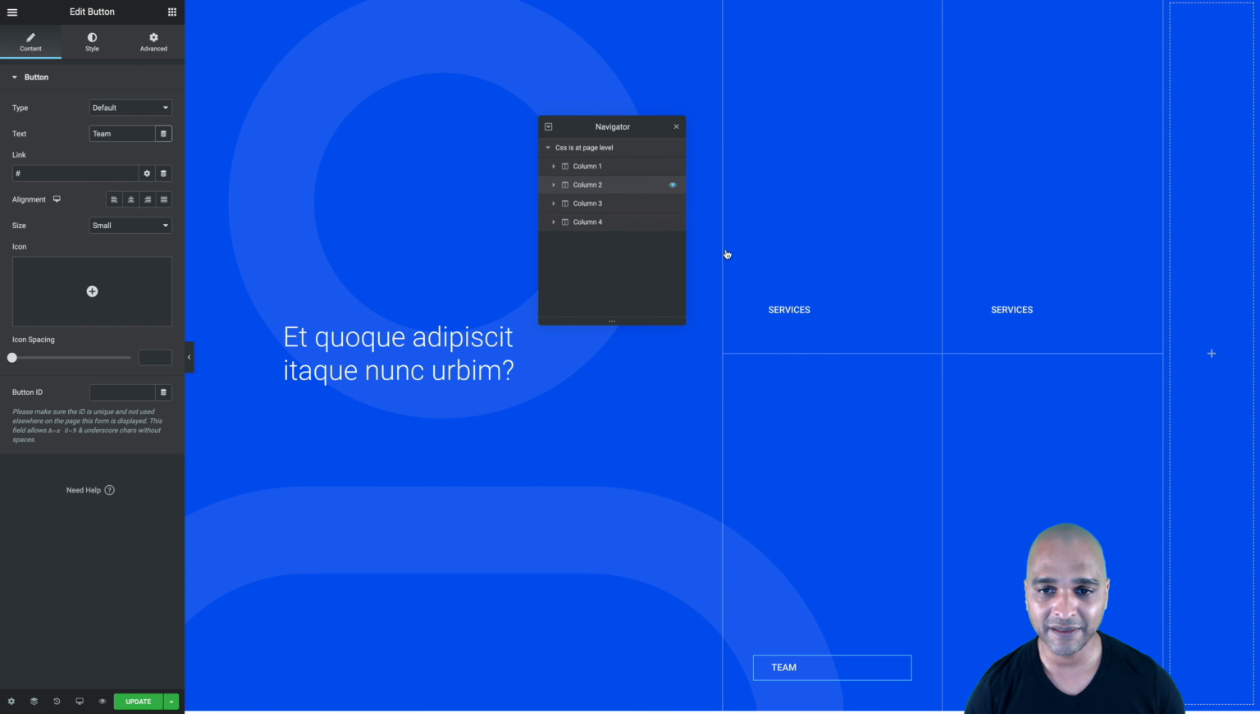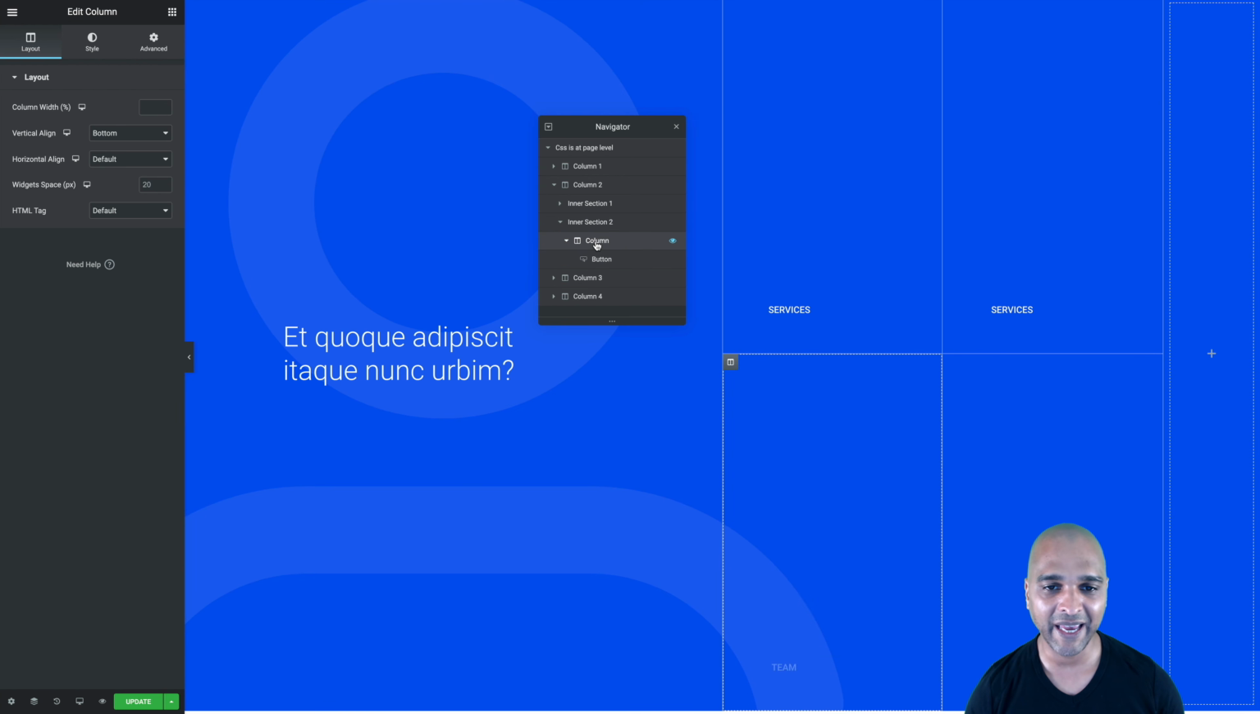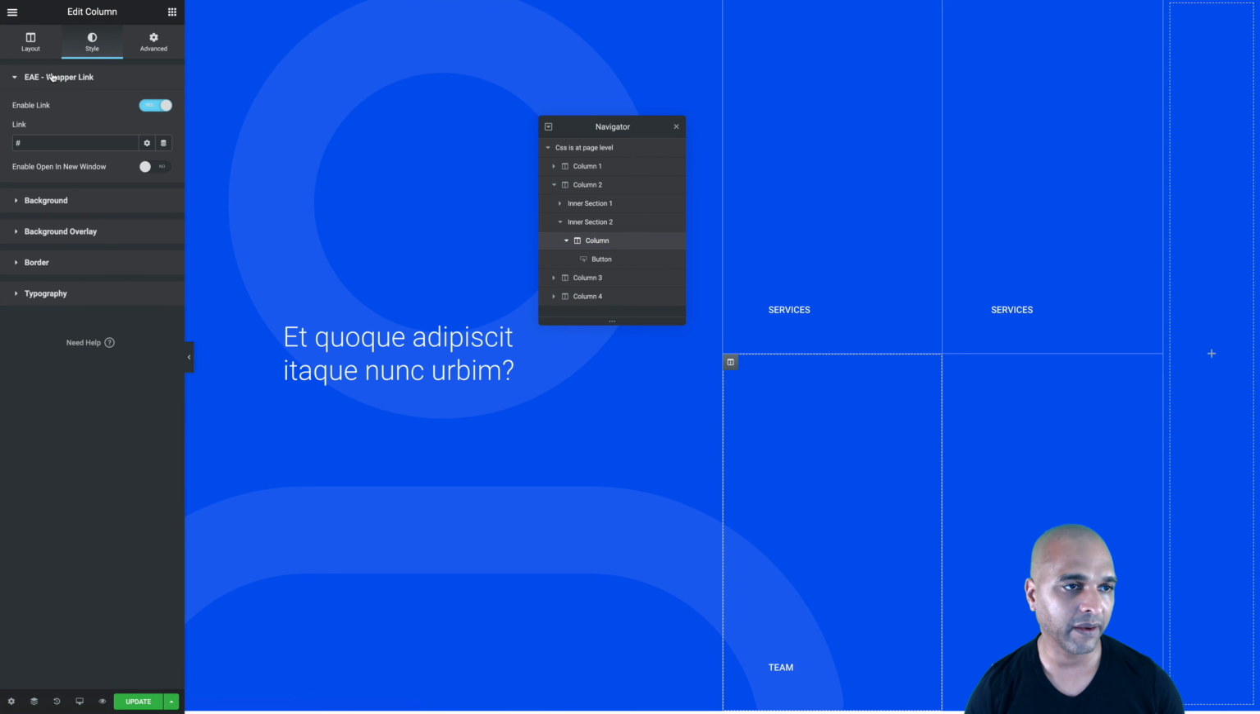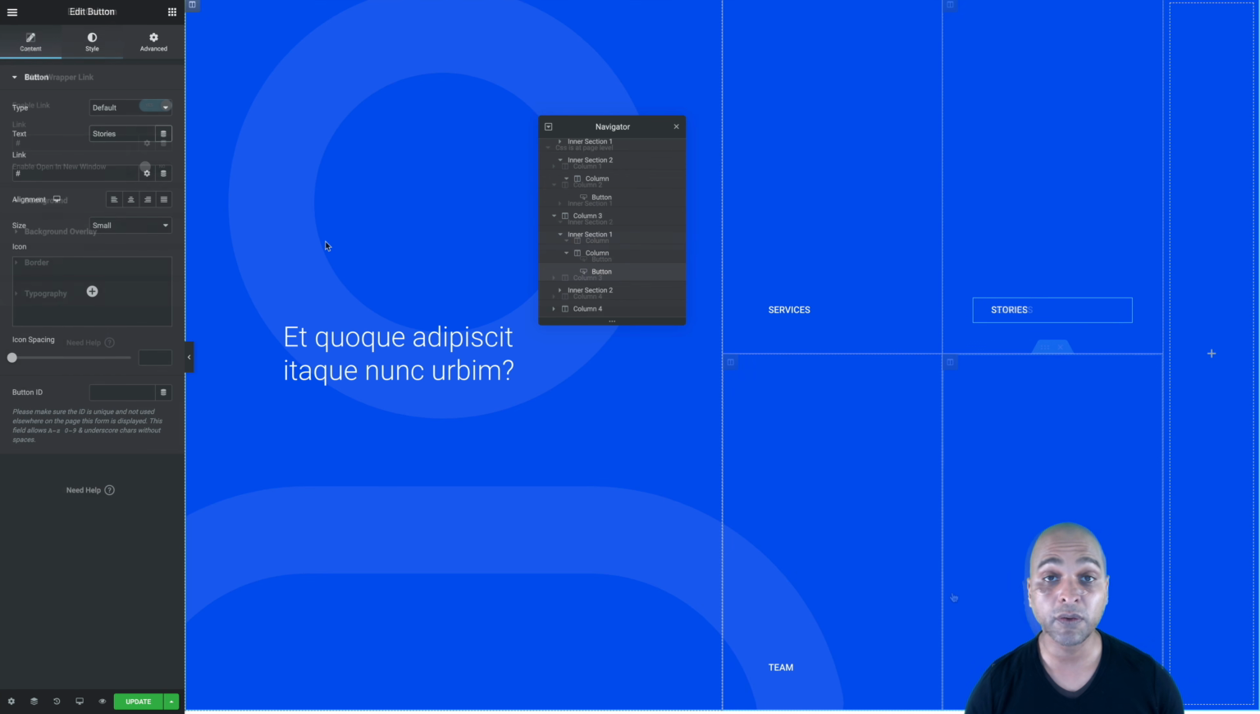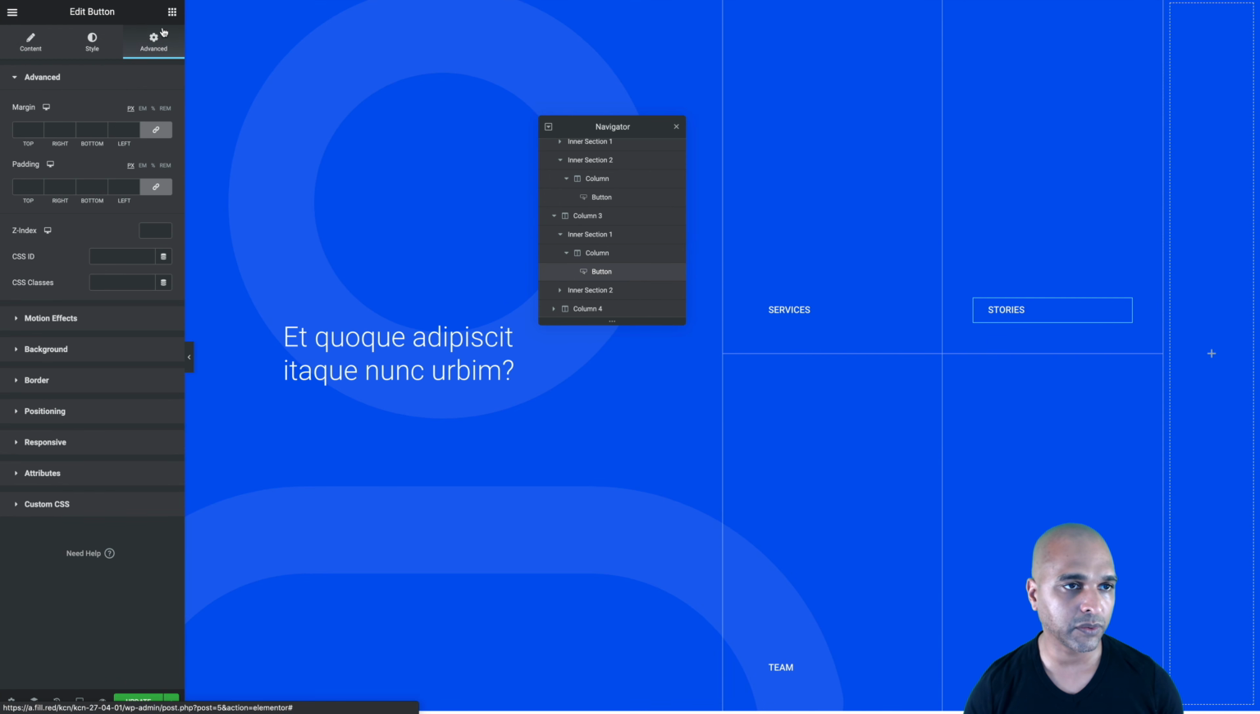So this is column number 2, inner section number 2, if you're still following, and the column within is this one. So I would go to style, the wrapper link, and I would change the link. Now do this for the third one also, and then there's a slight difference for the fourth one. So for the fourth one, we actually want to get rid of the button, so we're going to click on